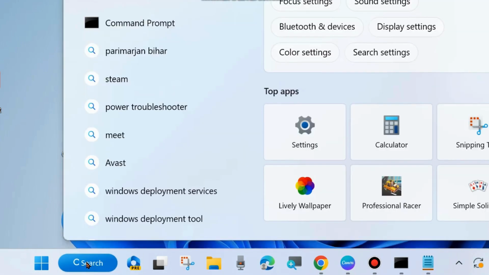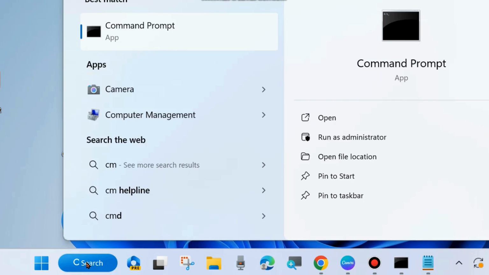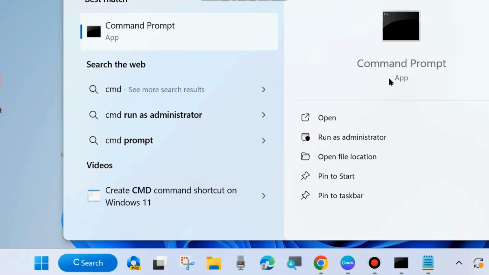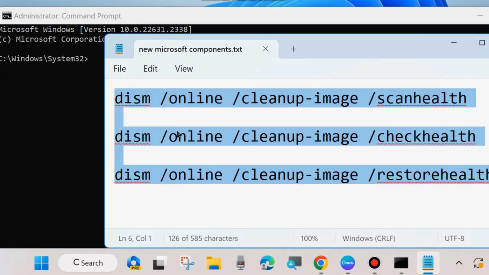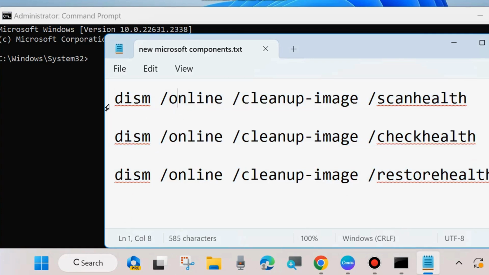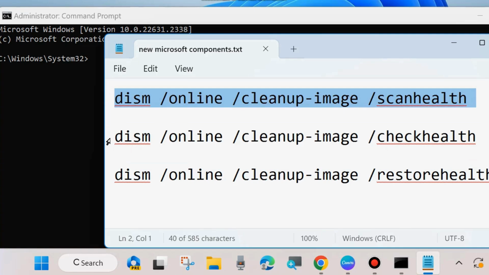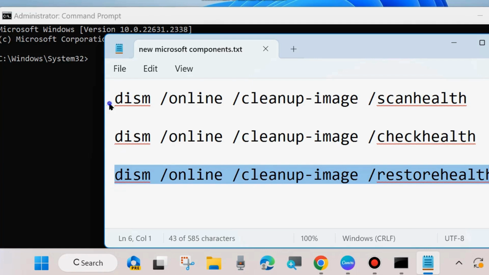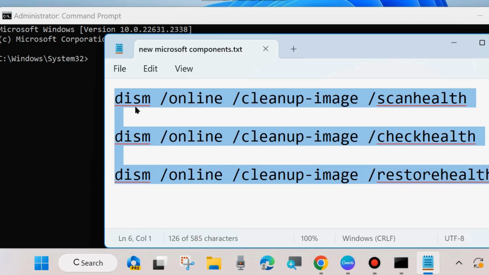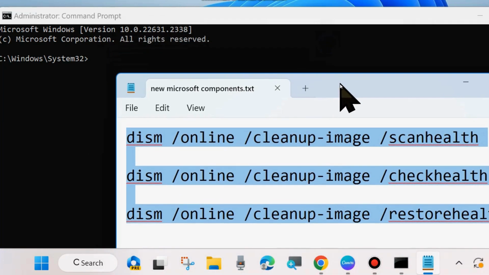Go to Windows Search and type CMD. Open Command Prompt in administrator mode. Click on run as administrator. And in the Command Prompt window, execute these three DISM commands one by one, as shown on screen: dism /online /cleanup-image /scanhealth, dism /online /cleanup-image /checkhealth, and dism /online /cleanup-image /restorehealth. Execute all these three commands one by one in the Command Prompt window. Don't forget to press enter after each entry, and thereafter